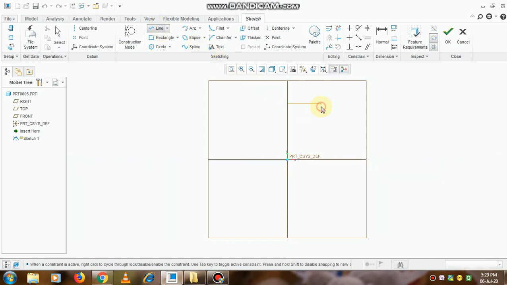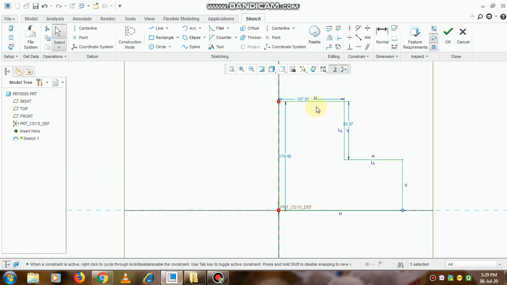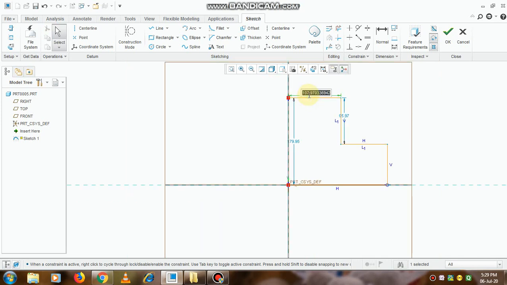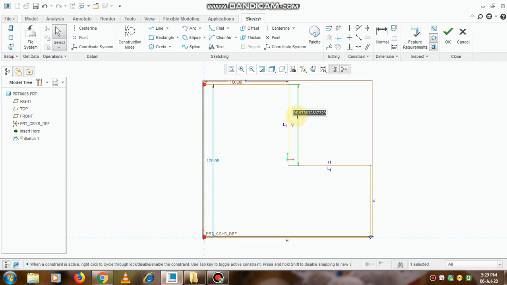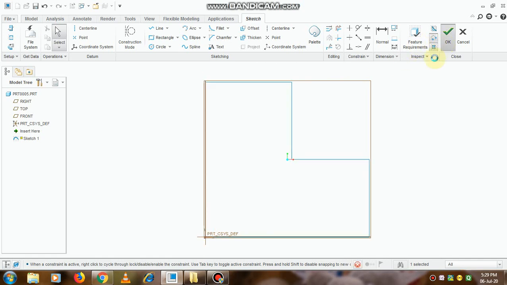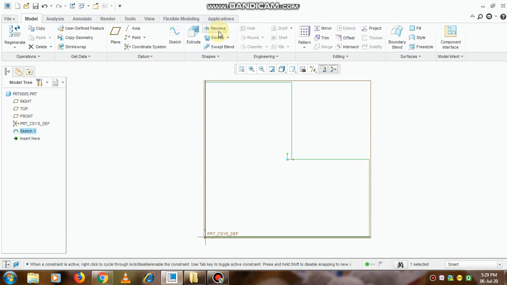Now let us create one simple object with a step consisting of horizontal and vertical lines. The best thing about Creo is that you can modify the dimensions, and the sketch will get modified automatically. Let's select this as 180. So click on OK.